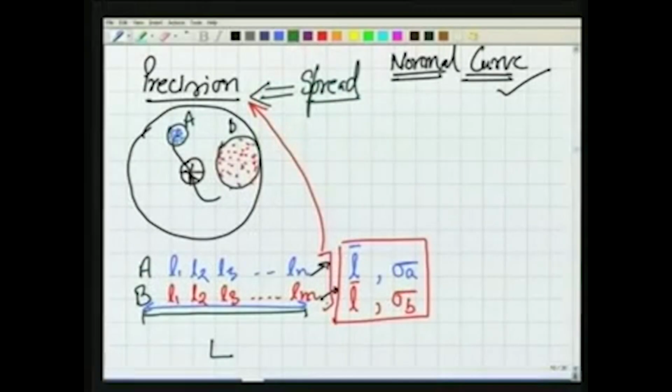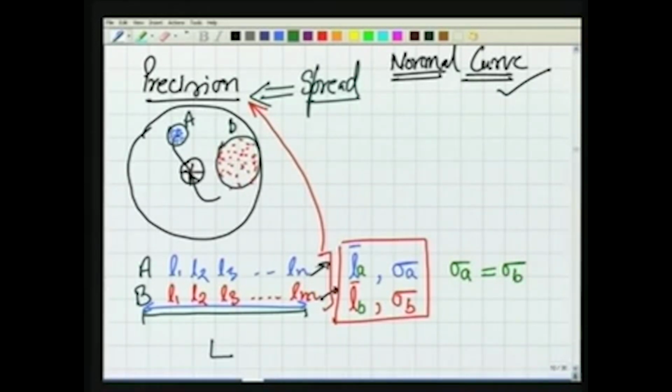Now, there is one question. For example, here only in this slide, both of them find for this length some mean value. Let us say I am writing this mean value here as LA and LB. Both of them have found some standard deviation also, and by the way, incidentally, these standard deviations are equal. Now, what we end up with?